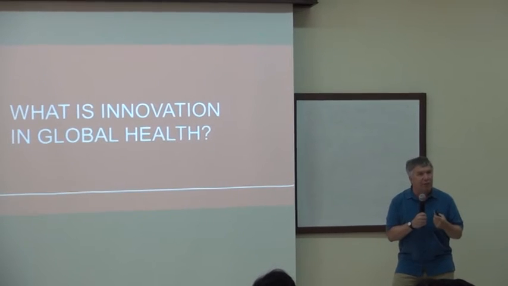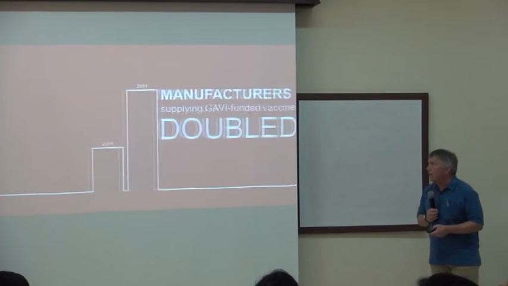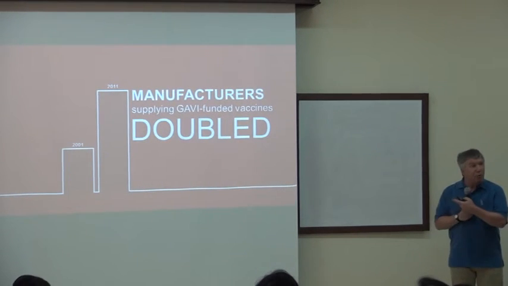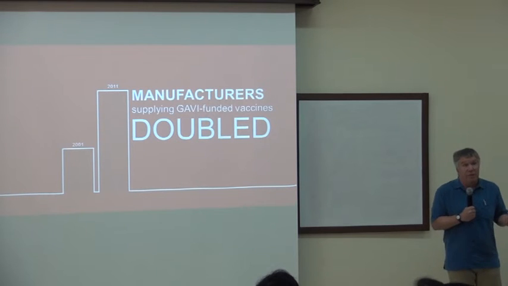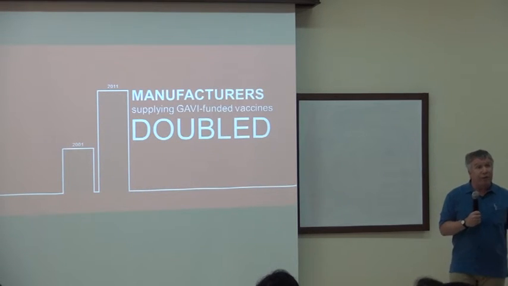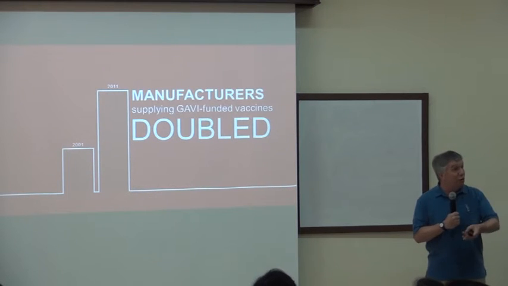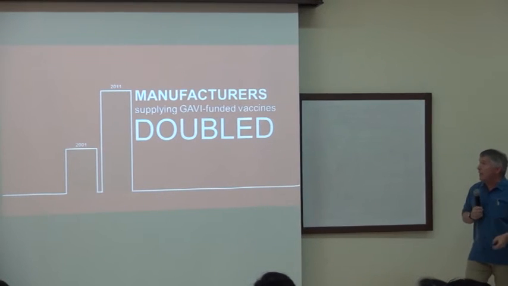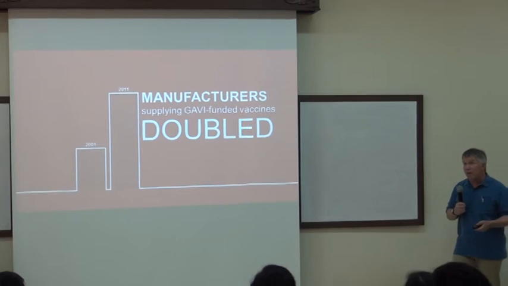So I tend to think about innovation as being focused on what we create in the lab, the new great experiment that we see under a microscope, right? But actually in global health, there's a lot of different things. So one thing that's happened in the last 10 years, the number of people manufacturing Gavi-funded vaccines has doubled. Okay, innovation is created because places, maybe in Indonesia, that didn't have a vaccine manufacturing facility, created one. An opportunity existed, and now things have doubled, and that means you can get these solutions out to more people, be more effective. Okay?